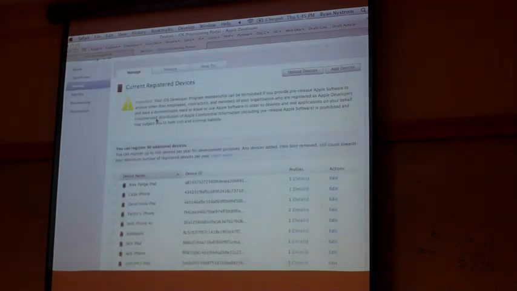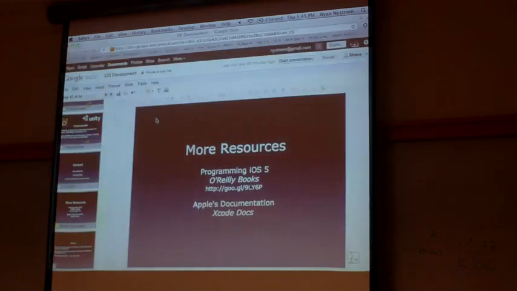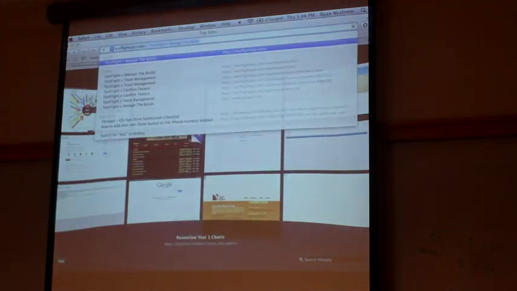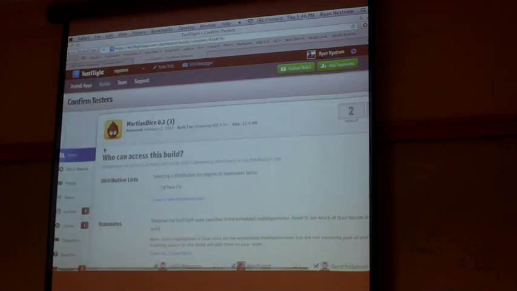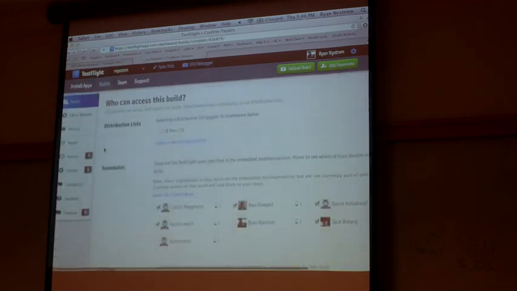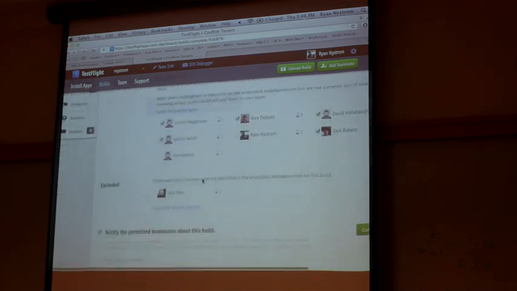I'll show you guys a quick little thing as far as distribution goes. This is cool. I just found this the other day. Now we're starting to use it for our senior design. This is testflightapp.com. You can make a profile and upload builds, and there's a bunch of stuff on making builds, but I can assign testers that I've provisioned in the Apple provisioning portal.